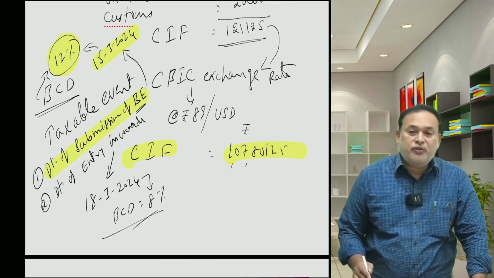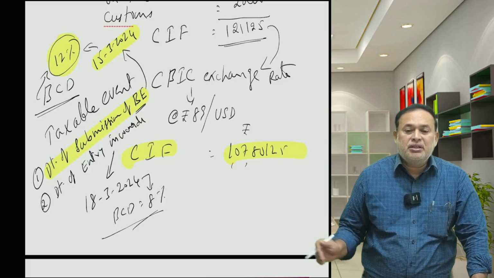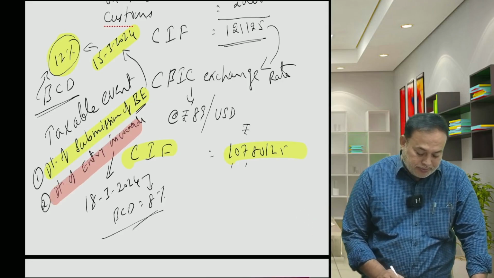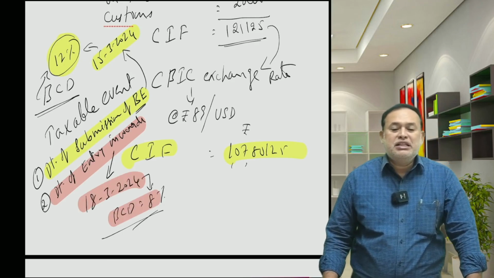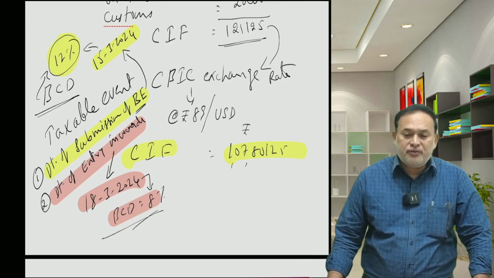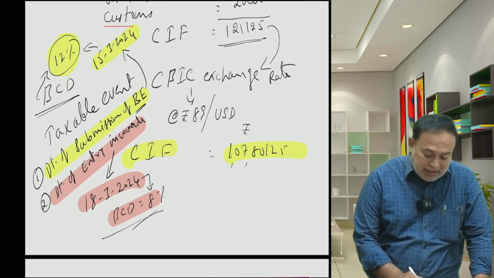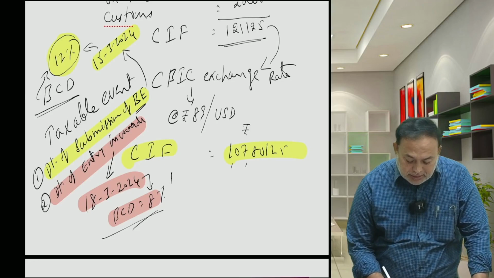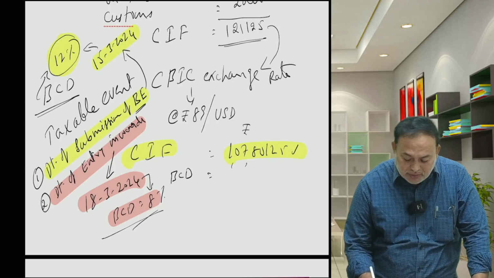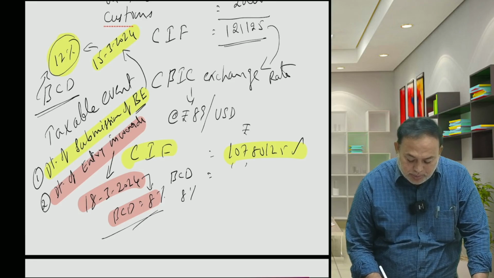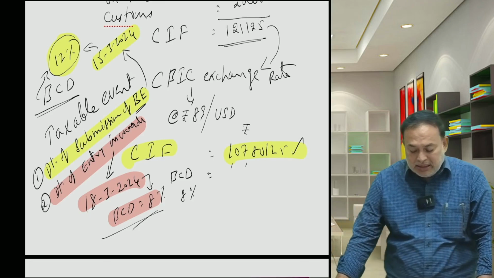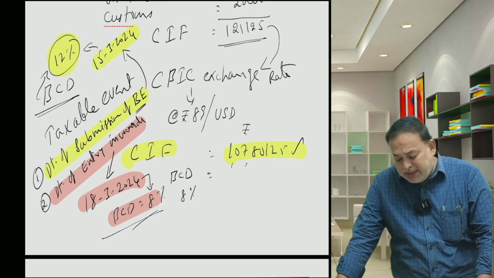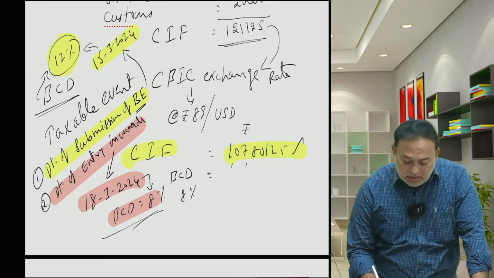As on the date of submission of bill of entry, 12%. Date of entry inwards granted, as on that date, rate of BCD 8%. Whichever is later, 18th March is later. What rate of BCD? 8%. In that case, basic custom duty applicable on this value is 8%. 8% on this 1 crore 7 lakh 80,125